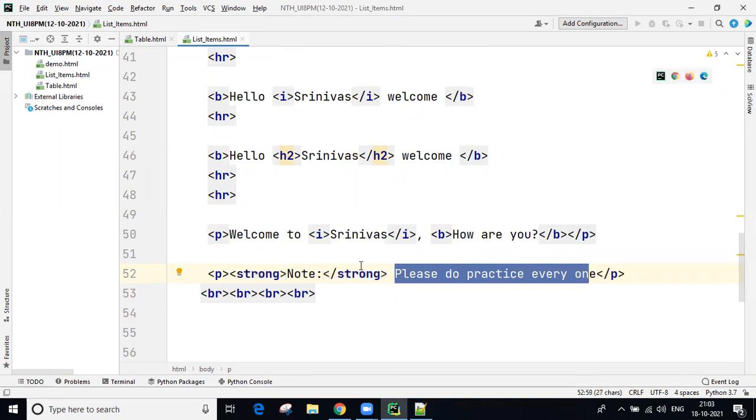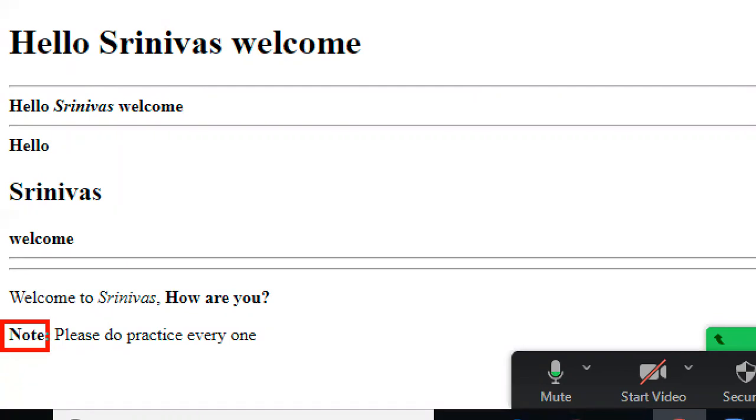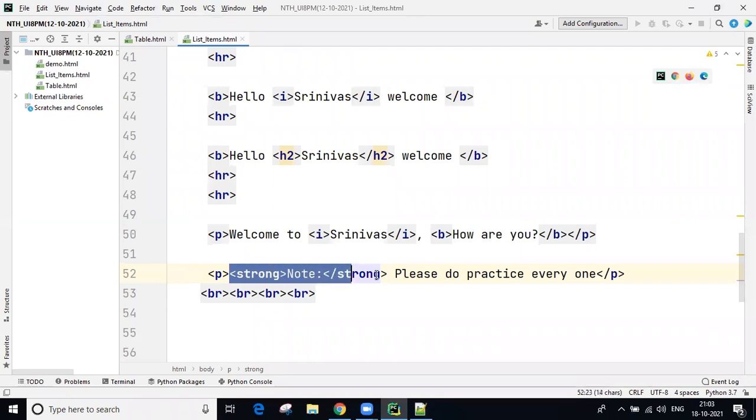Okay? Right. So now here the note point I gave, guys. You can see here, you are getting Note in a bold black color. Normal content: please do practice, everyone. Okay. So like this, note points related, guys. Some black color related. If you want to write using strong, we can do it. These are all small tags only, just for knowledge. Okay? Okay, guys. Remember, I'll stop now here.